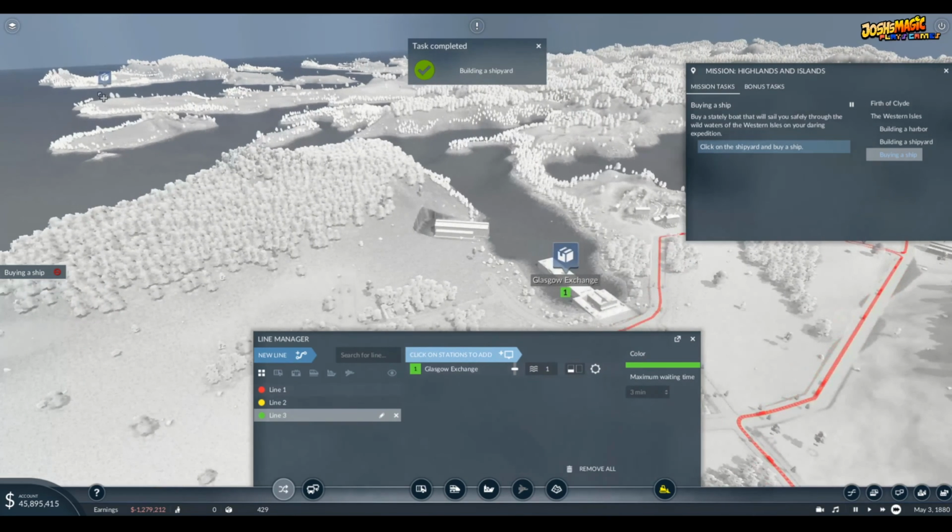There we go. Buy a stately boat that will sail you safely through the wild waters of the Western Isles